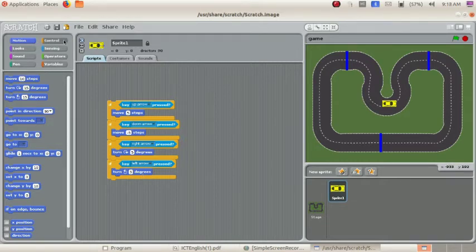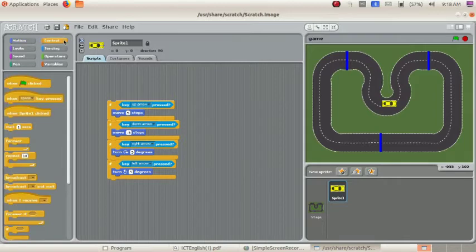Next, we can include another instruction, that is forever. Okay, here we can see forever. What is the use of forever? It is used to continue the activity till the game ends.